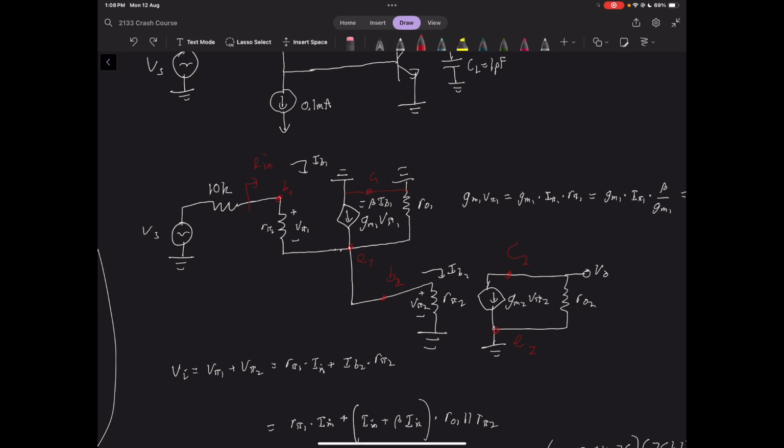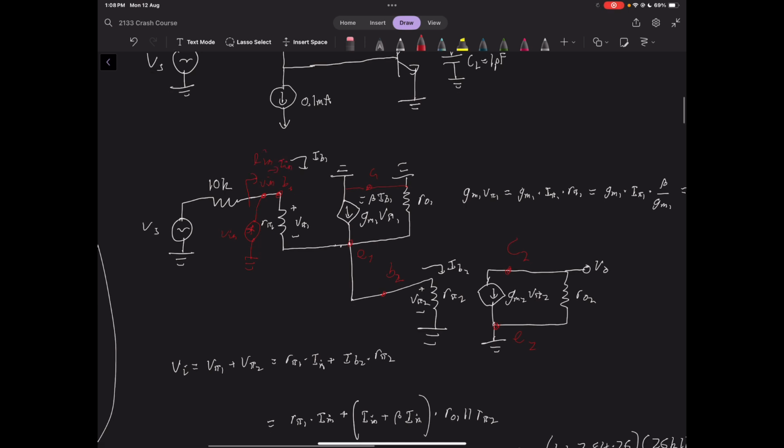And then part A, again, we need to find the input resistance from this point over here. So we can essentially do what we did earlier for the capacitors in the first one. I might draw it in here to make it a bit more clear. We can add in some dependent source here, Vin, if we can call it, and then find the current In. This is just method 3 of Thevenin. We're attaching a test source, or you can just think about it how we saw earlier. We're essentially finding the equivalent resistance of that point. If we find the voltage here divided by the current here, just considering everything to the right of this node,